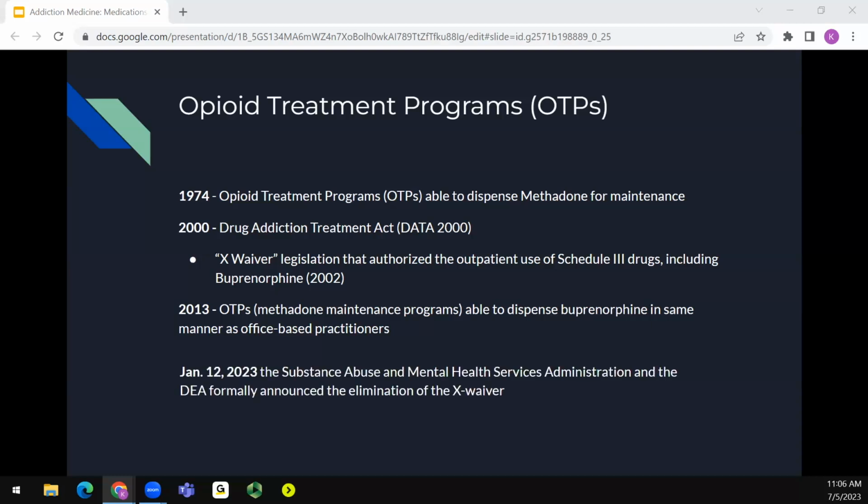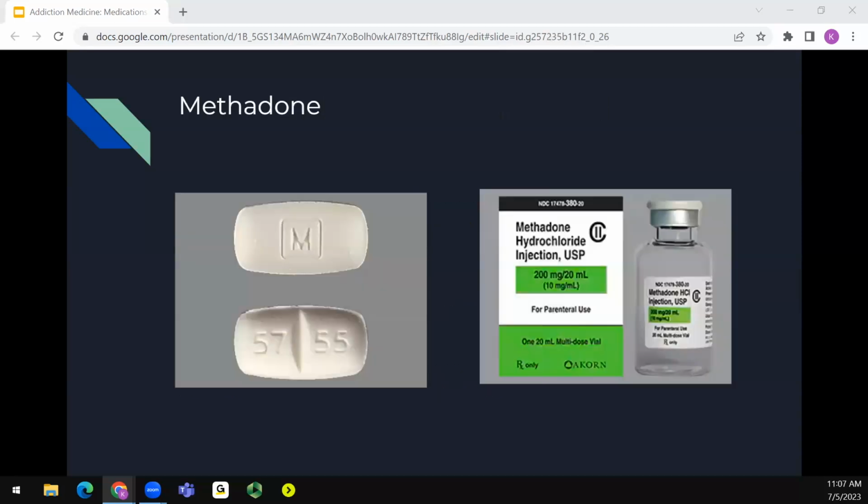And then finally, in January this year, the Substance Abuse and Mental Health Services Administration and the DEA formally announced the elimination of the X waiver. So now any clinician with a current DEA registration that includes Schedule III authority can prescribe buprenorphine for opioid use disorder. So the first medication to be approved is methadone, and here are 2 of the formulations, the tablet and the